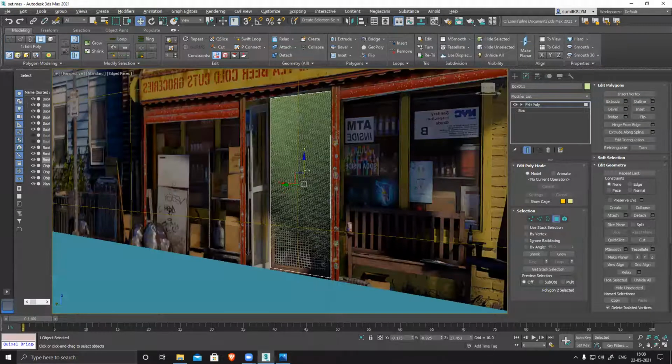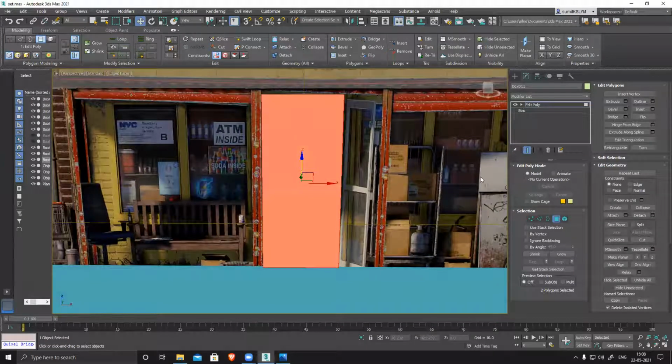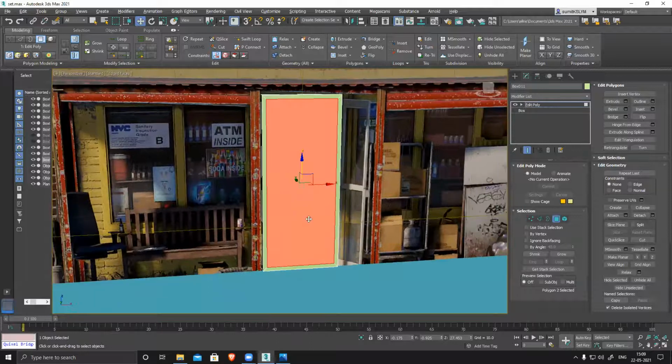Now this door, I need that frame. So I'm just going to create that frame, insert. I selected front face and back face, and then I created this, and then okay. So this thing is ready.